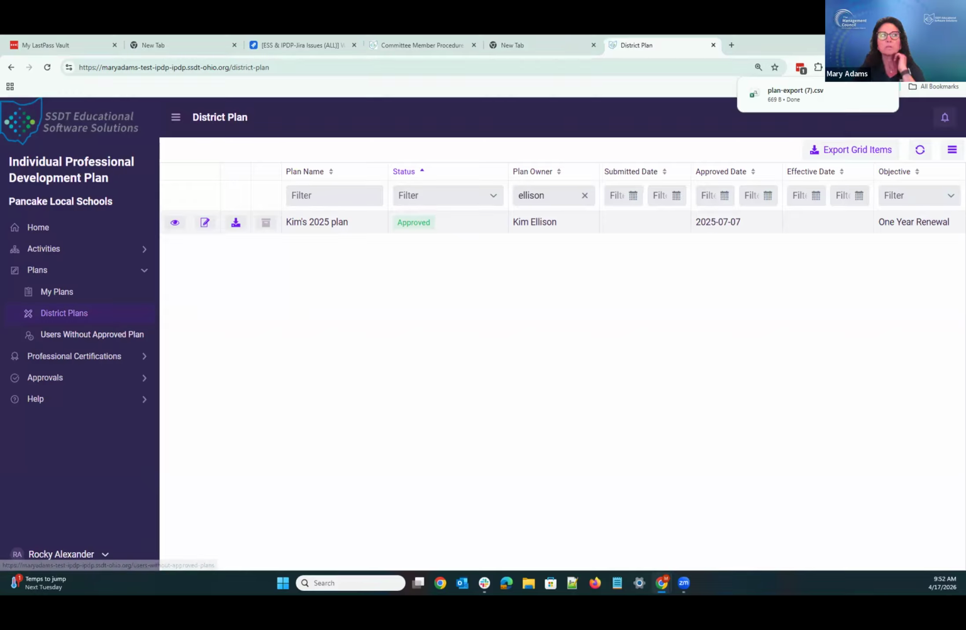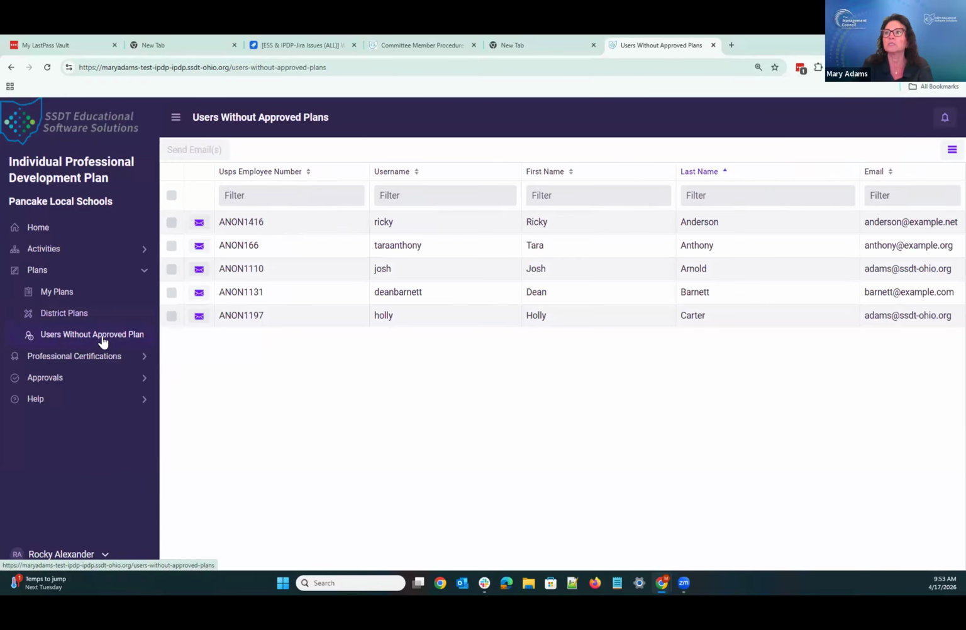And okay, the next item would be the users without an approved plan. Now, this is a really nice grid because you can see who is required to have a plan but doesn't have a plan yet. That is something that is configured under the user. The district manager or the admin would have to click the checkbox to make sure that they are set up to